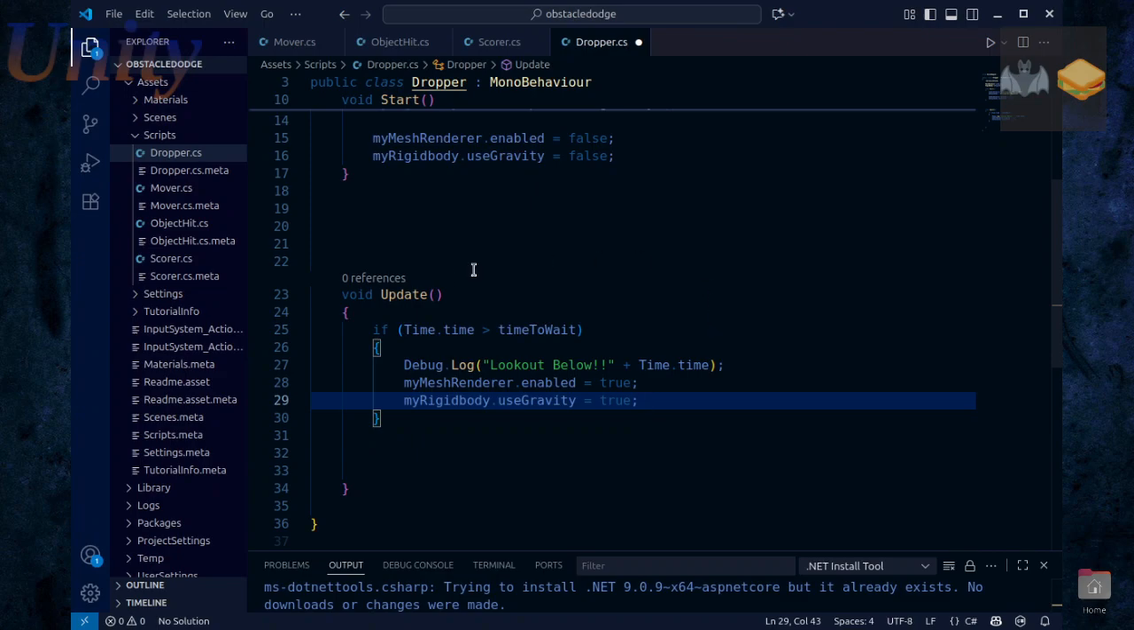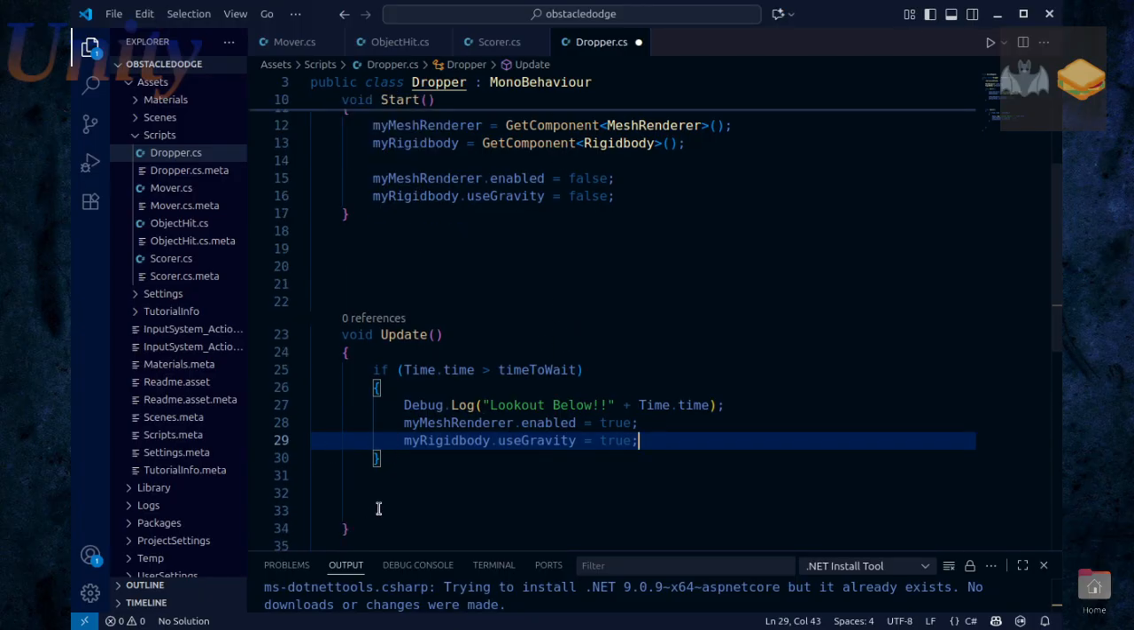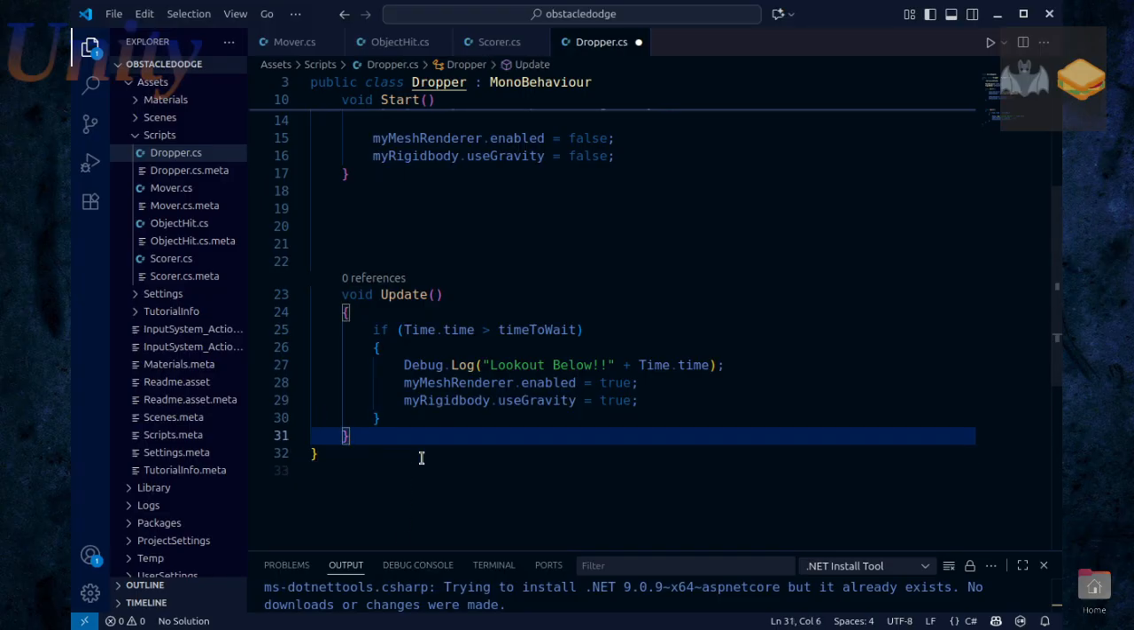Okay, so in the update function, after the time to wait, down here, we're going to log the thing, look out below, then the mesh renderer is going to enable. Up here they're disabled, and then the rigid body use gravity is going to become true, enabled, and the object should fall. Okay,